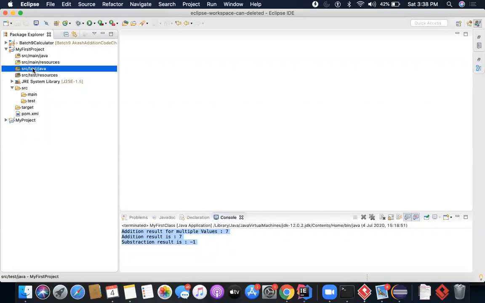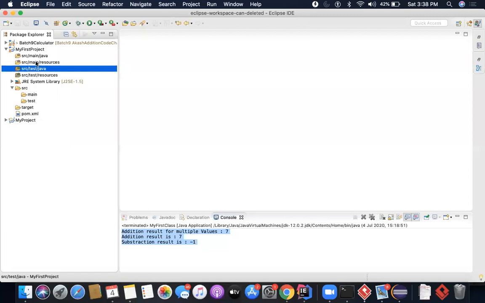Say you are working on an Amazon project. You're going to place the Amazon development code inside source main Java, and you are going to keep the test code which you're writing to automate the UI as well as API or whatever it is, or maybe even the JUnits or unit tests, all of that should be part of source test Java. If you are not doing that, then the Maven structure will still work, but it will be a huge violation of Maven structuring, and you could land up in many issues.